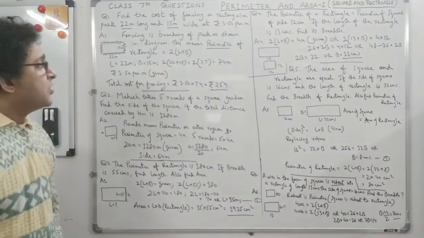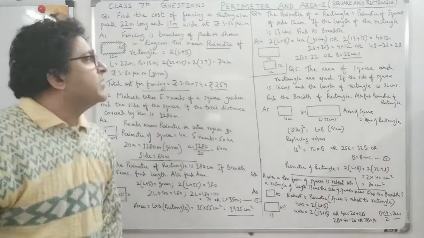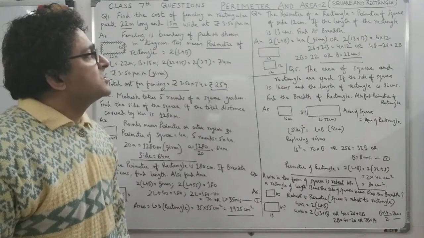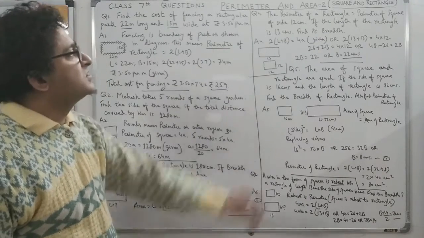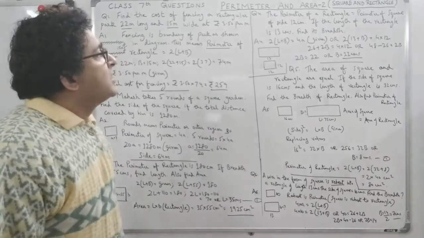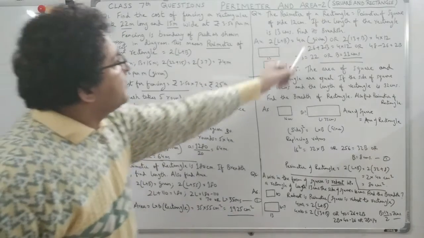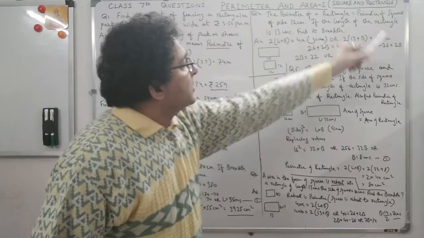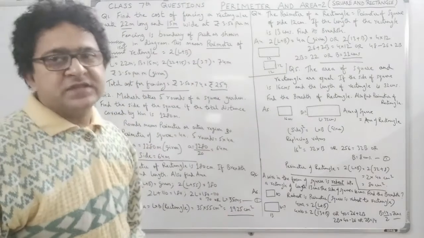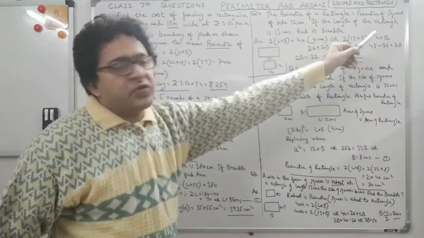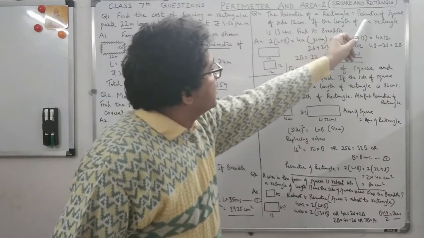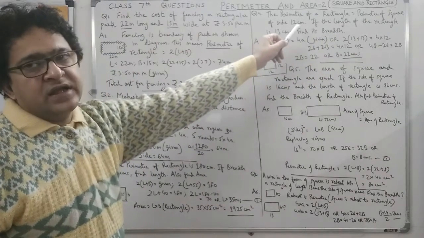Now we go to another question on perimeter and area of rectangles and squares. This is the topic here, and we are discussing the perimeter and areas. Now another question. The perimeter of a rectangle is equal to the perimeter of a square, which means twice (length plus breadth) is equal to 4 into a. This is given because the perimeter of a square is 4a. So the perimeter of a rectangle is equal to the perimeter of a square of side 12 centimeters, right?